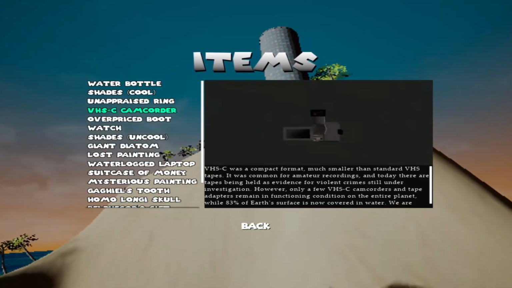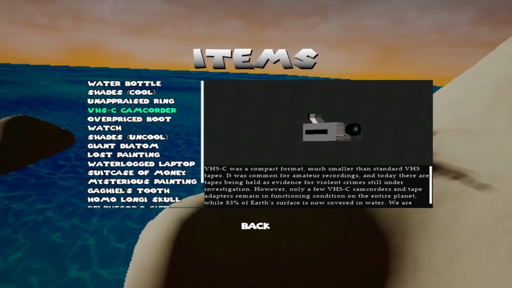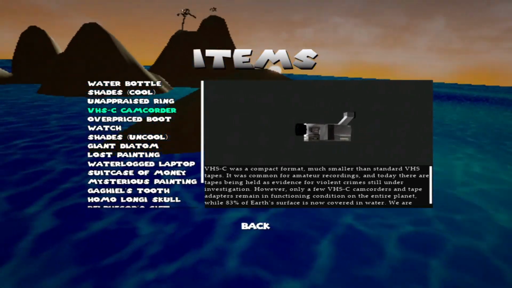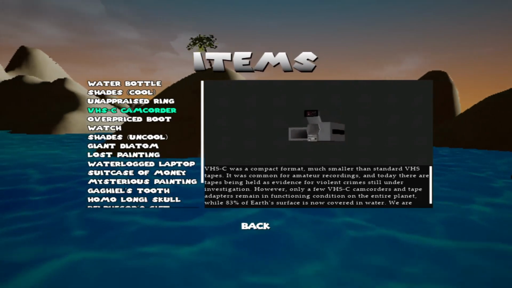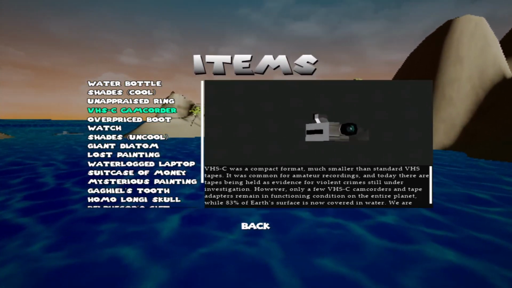There are VHS-C camcorders. Now, I thought this might have just been made up for the sake of the game, but I did look it up, and these are real. VHS-C camcorders. They're like compact, I think. C either stands for compact or the cassette that's inside of it, because it's in the shape of a cassette, so...